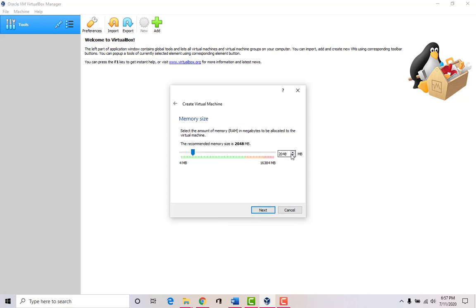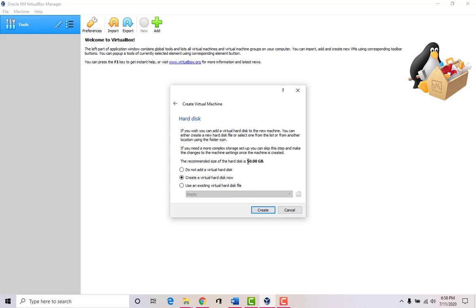We'll give it 2 gigs of RAM. Okay, this is physical memory. So it'll take memory out of your computer's memory and it will use it for this host machine. So that means that you should at least have 4 gigs of RAM on your computer, whether it's a desktop or a laptop, because this is going to use up some of your physical memory. So we'll click next, and 2 gigs is enough just to run the basics.